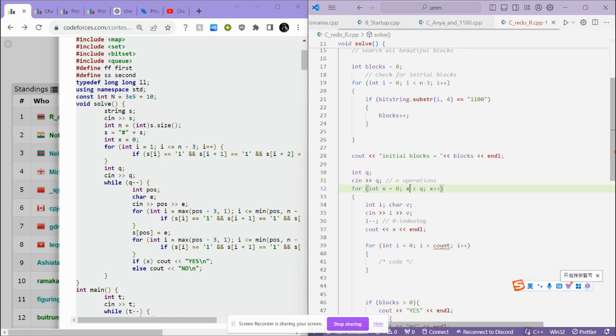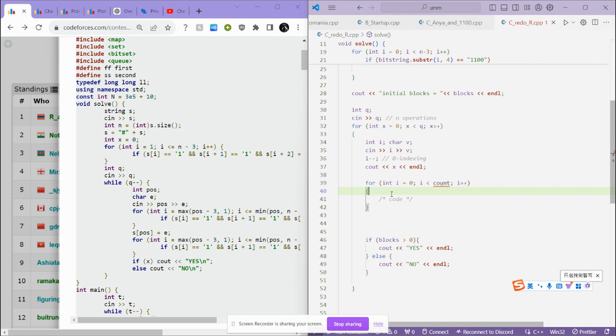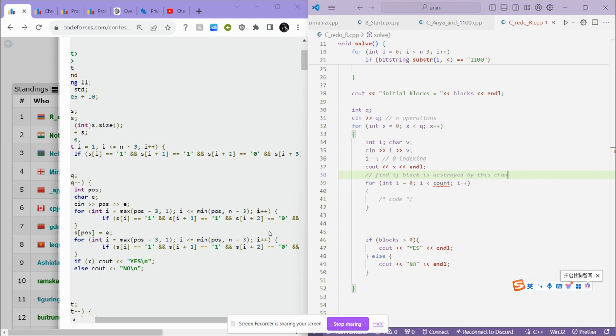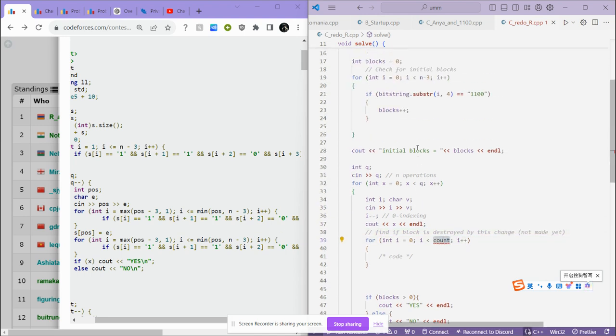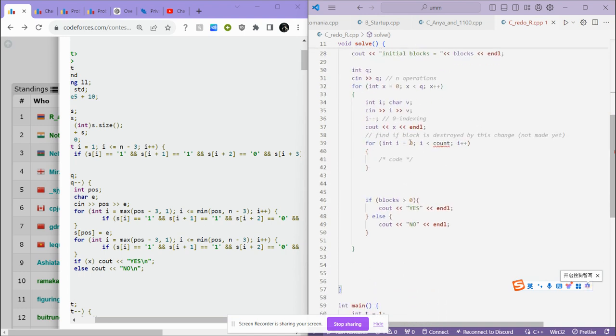You see, the printing of X was just for me to debug, but it didn't really work. So we did that. Now we need to find if a block is destroyed by this change. Not made yet. Now we do basically the same thing as here,